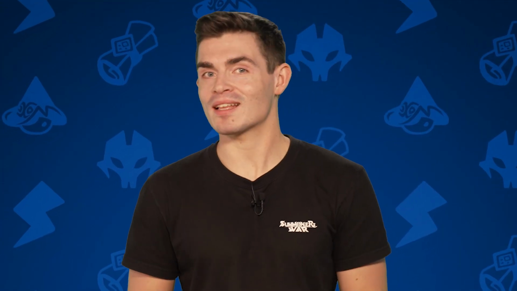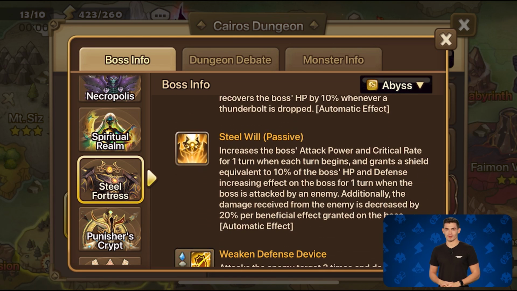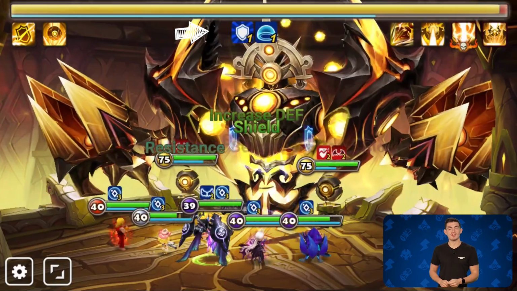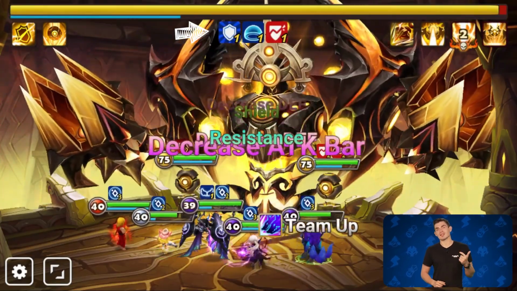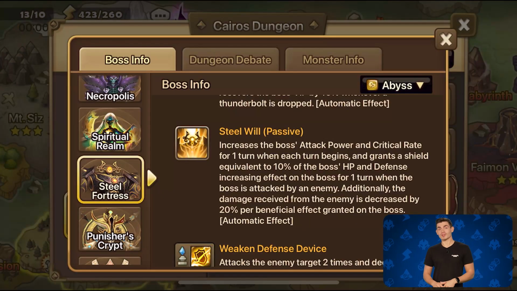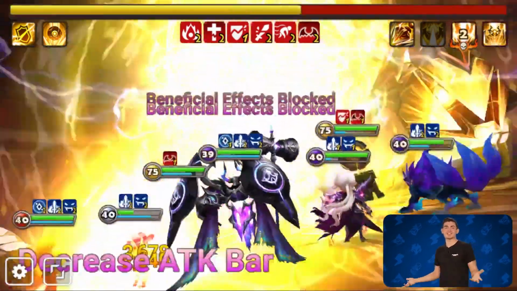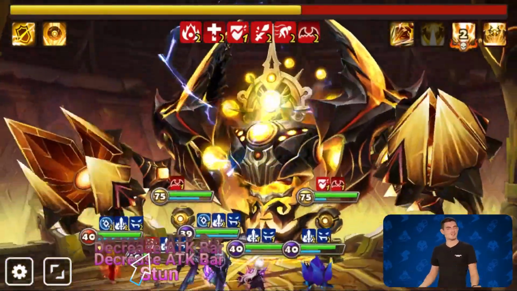The reason why that's so important is due in part to the passive for the boss of the Steel Fortress. Every time you hit the boss, he's going to try to apply a shield and a defense buff to himself, and it is nearly impossible to get through. There's a lot of other words going on here, but if you apply buff block consistently, you don't need to read them. The only other thing you really need to be aware of is that your monsters can get stunned